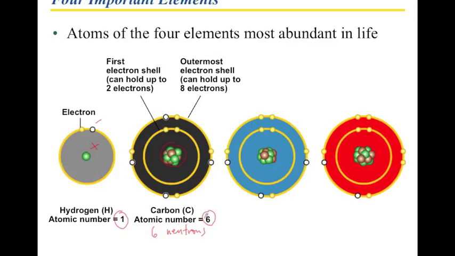Well, it turns out that the first shell can only hold 2. 1, 2. It can only hold 2 electrons because it is simply too small. It does not have a large enough diameter to hold more than 2 of these very fast moving energy-rich electrons. And so what we have to do in this case is expand the atom. This, remember, in the middle, that's your ping pong ball. Next one out, this one here, that would be your baseball. And then the next one out beyond that, that's going to be your basketball.